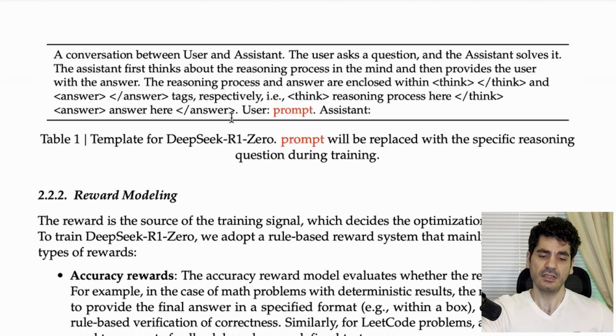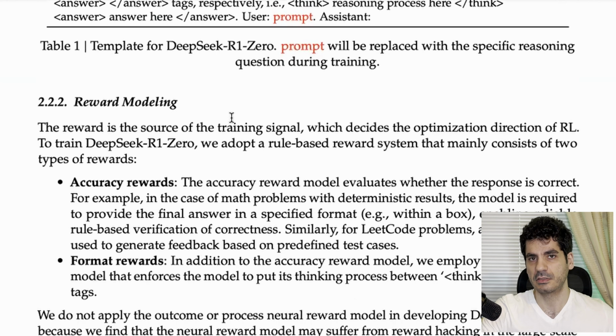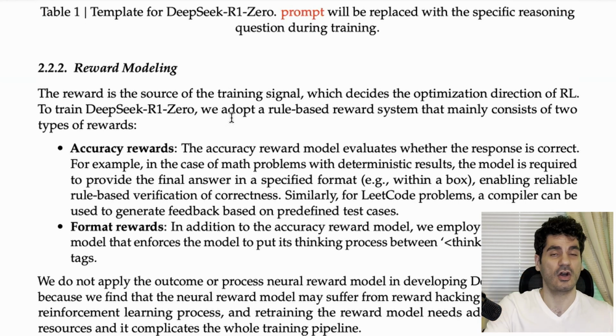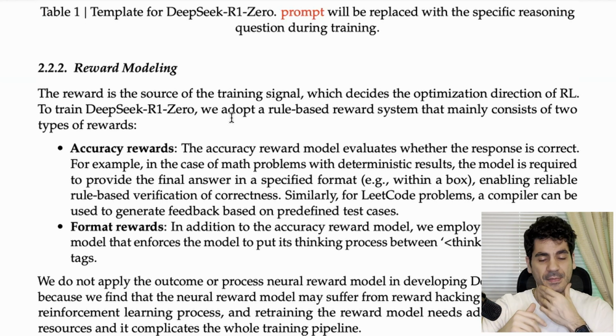And then another important part would be the reward modeling, because during the RL algorithm we need a reward function. So for the reward, they have tried accuracy reward and format reward. So this is the first RL. We will take a look at that inside the pipeline. They have another use of RL, but for the first one they only have accuracy reward and format reward, which